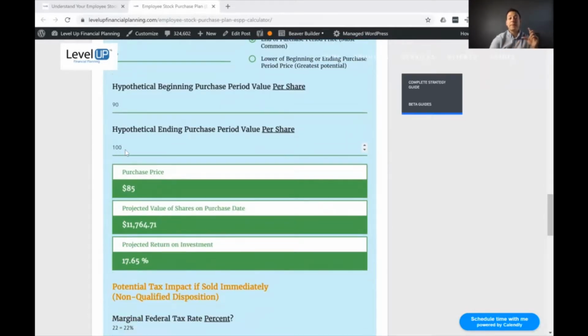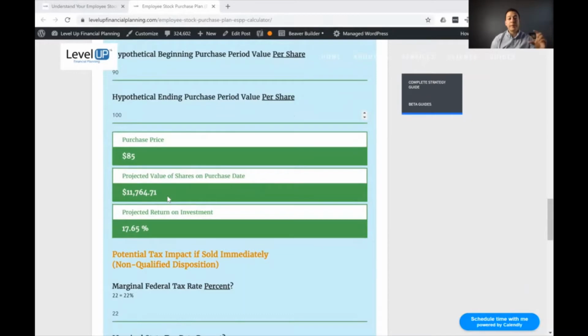The share price on the day they're going to be purchasing shares is $100 per share. Because they get that 15% discount, they're actually purchasing it for $85, so only paying $85 to get $100 worth of value. It's a pretty sweet deal because you can immediately sell the shares off, and that reduces any potential risk of the price dropping dramatically and you losing value on this investment. For these numbers that we plugged in, the amount of shares that they'll end up purchasing is